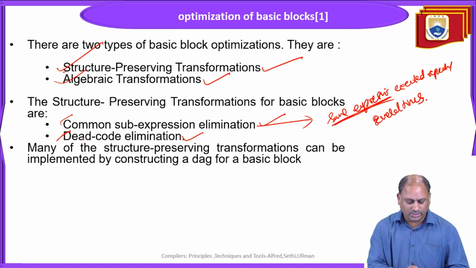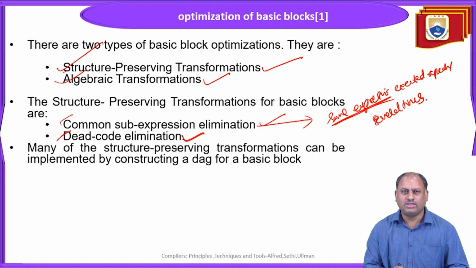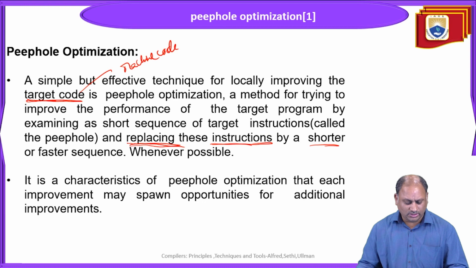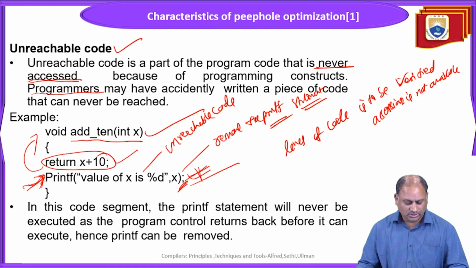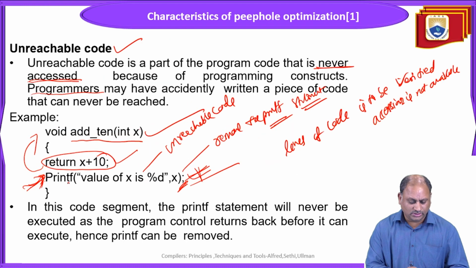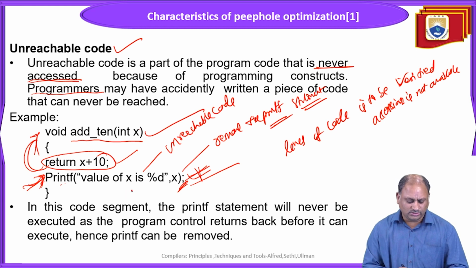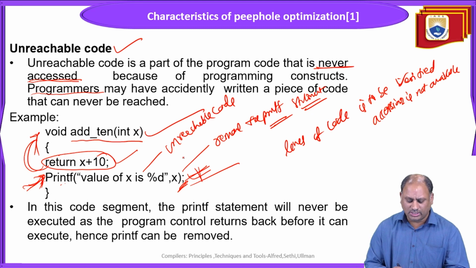Whereas in the second one, dead code elimination, the code is available but not executed. See here in this one, the code is available but not executed in this type. So here the printf statement is dead code, unreachable code, where the printf statement is available after the return statement. Here control goes back to the return statement only, but the printf statement is not executed. If that is not executed, not only this one statement, any other statements which are to be carried out